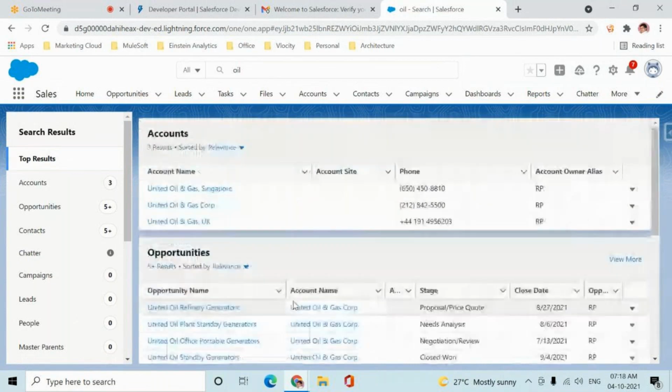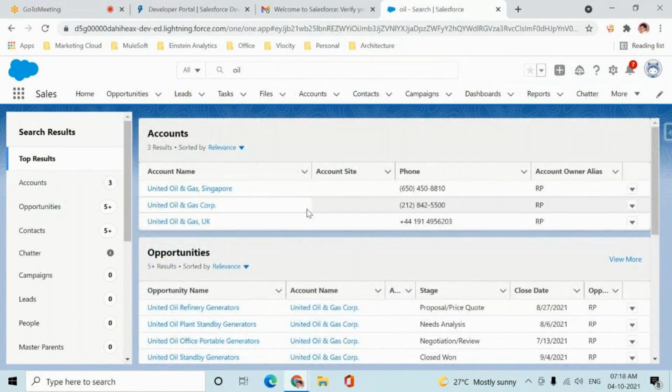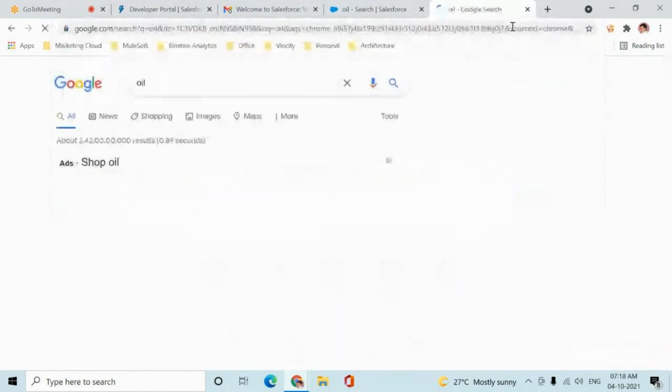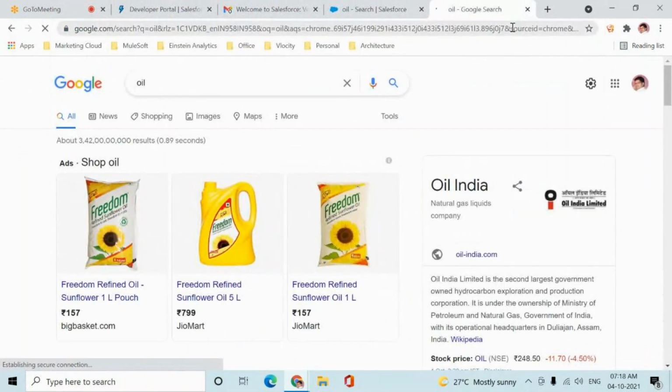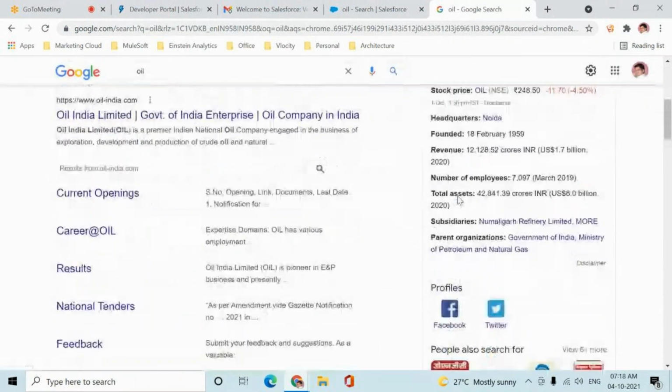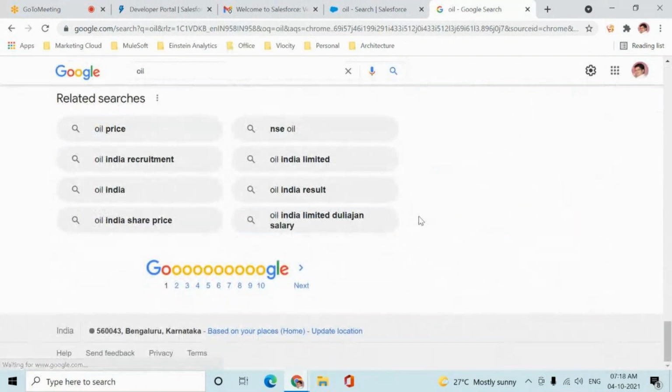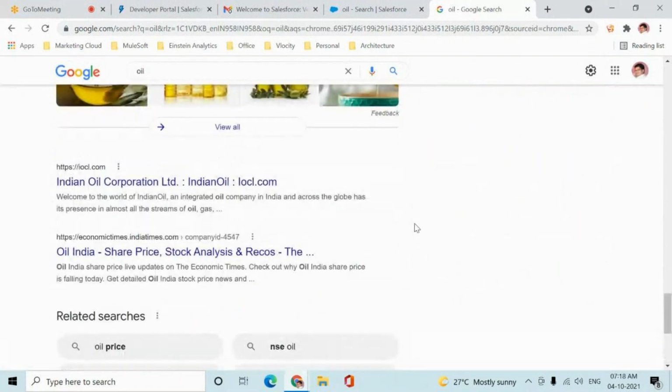As it is searching for this string throughout my organization, this is called global search, right? For example, if I search for oil in Google, it will give you everything which is there on the web, each and every web link which has the keyword oil.